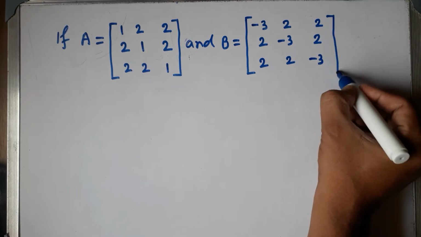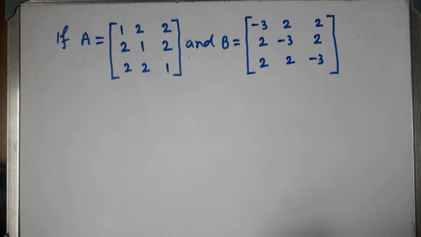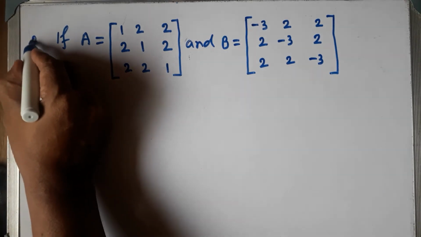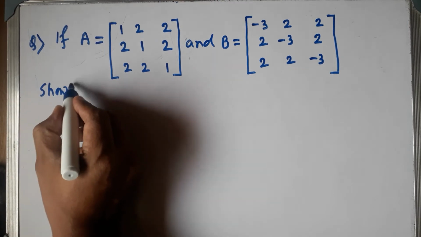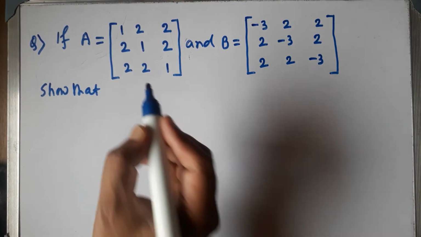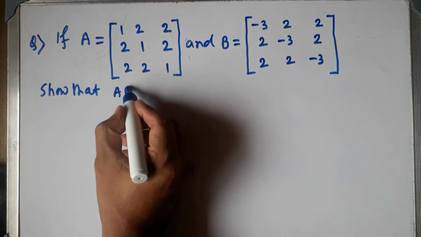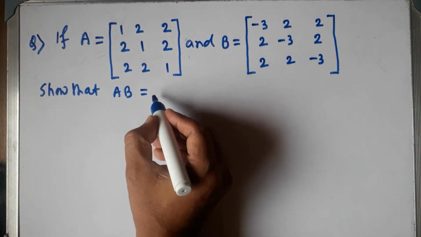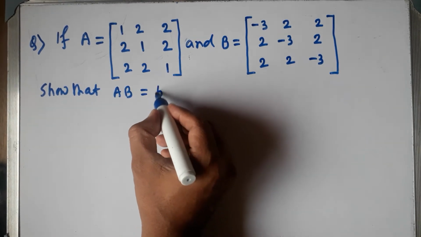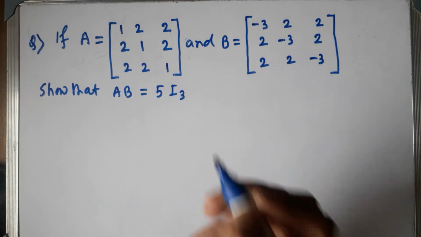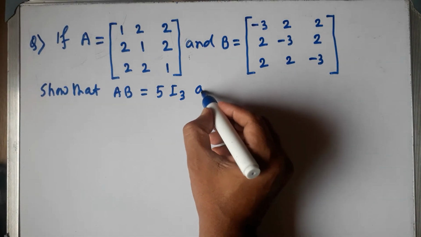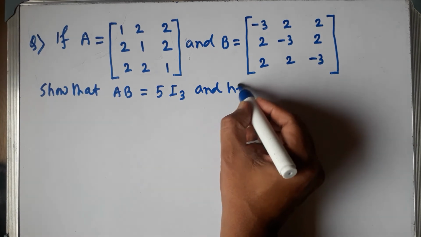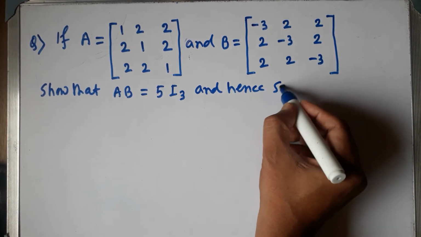Then show that A into B is equal to 5 into the identity matrix, and hence solve